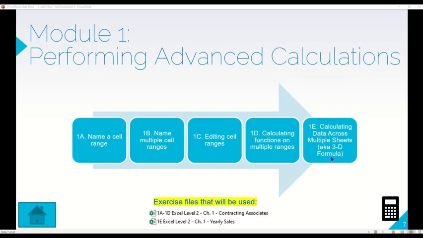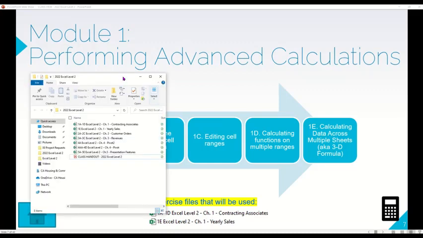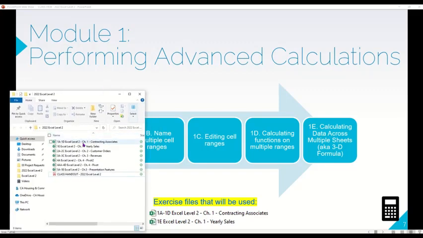So the way this is set up is that the exercise files are consistent with the exercise number. So for example, when we're on 1A, we'll be on workbook 1A, and in this case, it will cover us all the way through 1D. So for example, if you had successfully downloaded this, in this very first module, we have two workbooks. The first one that we'll use is labeled 1A through 1D, and as we get towards the very end, we'll